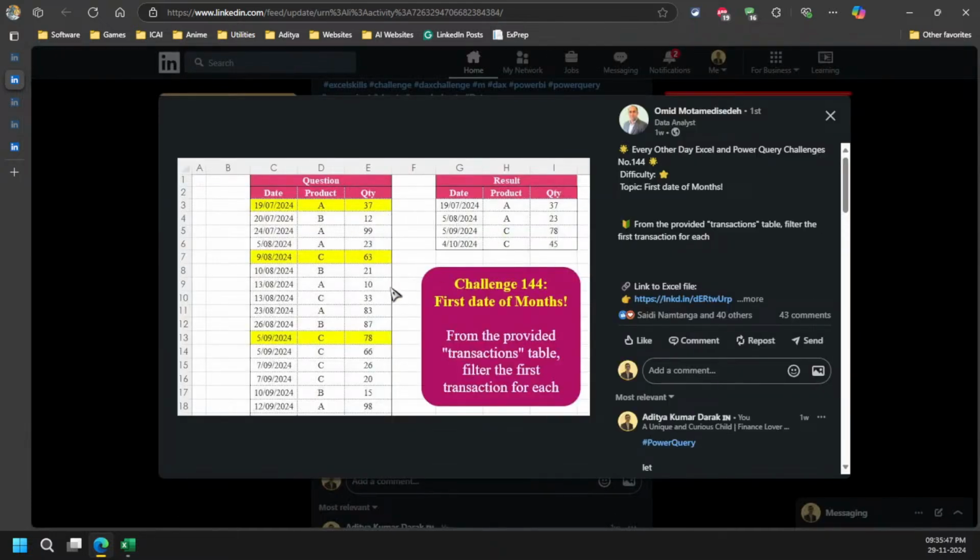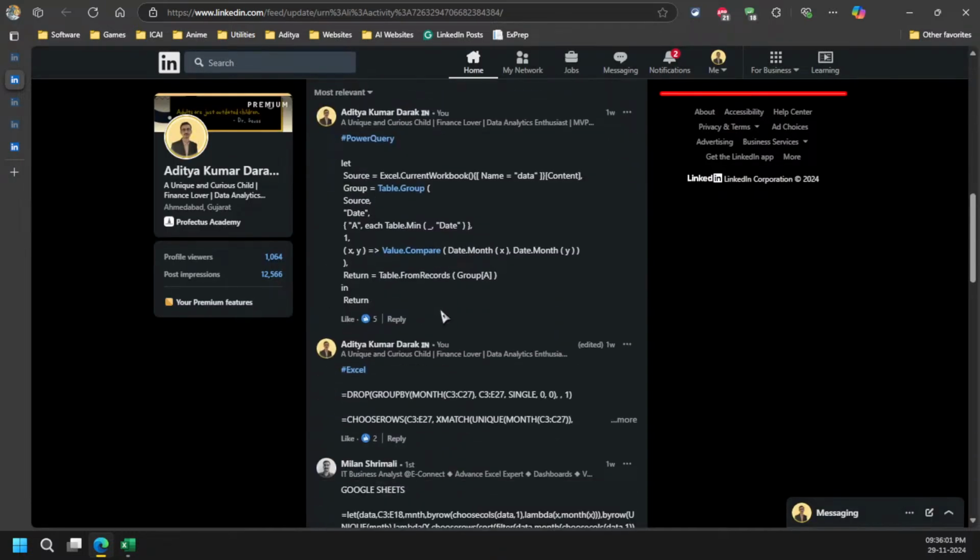I didn't want the date part, right? What I simply wanted was the first value of that particular month, the first transaction of that particular month. So there is nothing like a key here, right? What I did here, if you can understand it, I again made it the date part, and then because I don't need the date part there, I simply selected the minimum value, and that's all. That's what I did there and nothing else.